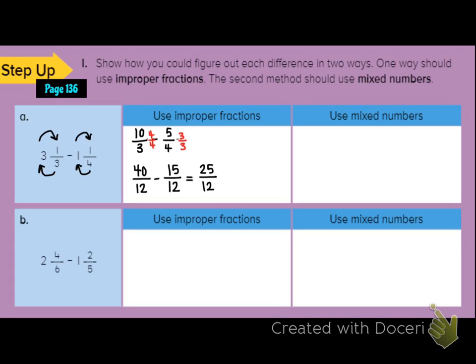I'm counting by 12s. It goes 2 whole times, which is 24. So there's 1 left over out of 12. 2 and 1/12, and that cannot be reduced. If I change this, or keep them mixed numbers, so I have 3 and 1/3, minus 1 and 1/4,